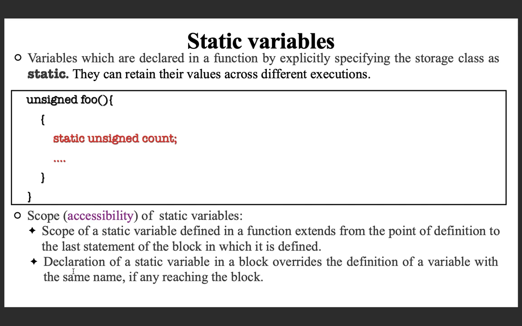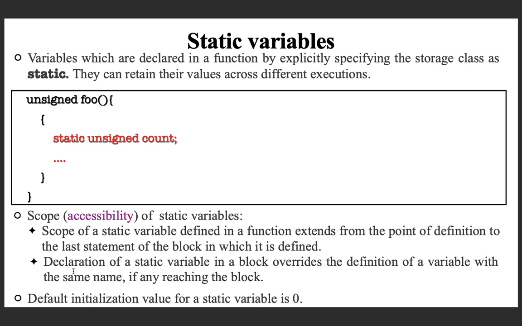Now there is a difference about the initialization. The default initialization value of a static variable, if it is numeric, is 0. So this is also different. If you look at automatic variables, uninitialized variables are expected to take any possible value. You cannot assume that they are zeros. But for static variables, you can assume that the initial value is 0 even if you have not initialized.